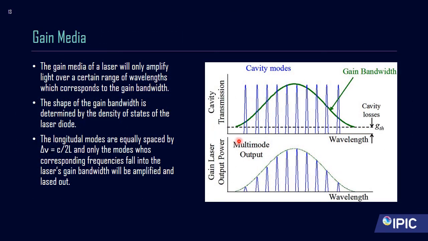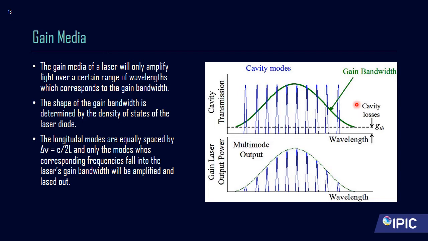I said earlier that the gain media of the laser will only amplify light over a certain range of wavelengths, and this corresponds to the gain bandwidth. So in the previous simulation I was able to generate all these modes, however not all those modes would actually be generated by the laser. Instead, the gain bandwidth of the laser would amplify the ones generated and suppress the ones that are not,